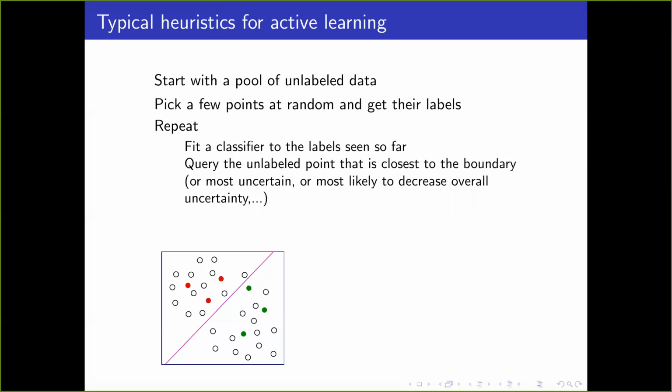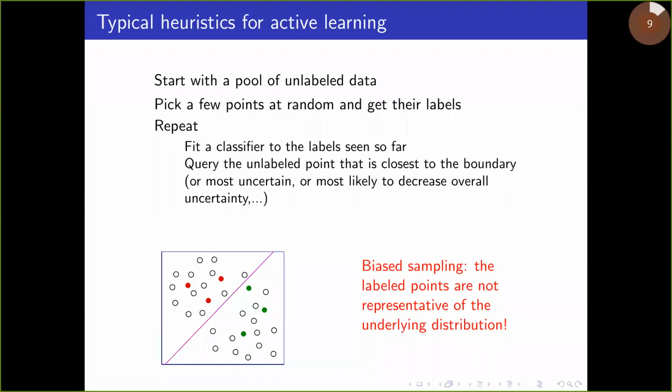But the point here is that what you choose to label is essentially deterministic. And that should be a little bit scary in this case, because it means that you have a very biased labeling process, and that can go wrong. So the question is the structure of the boundary around where you chose to label: is it the right place to be seeking labels? It's certainly very possible to create problems where the answer is no, definitely not. And empirically, there have been some observations that this can go quite wrong.